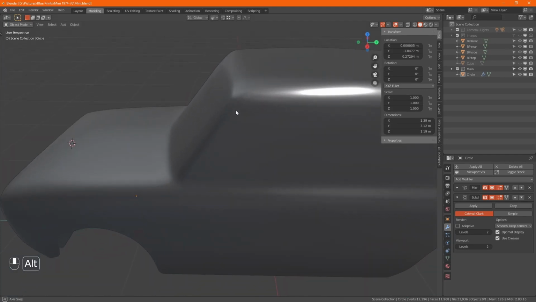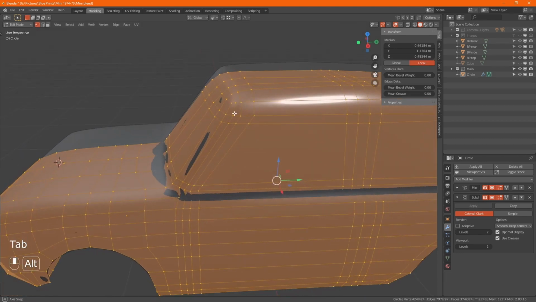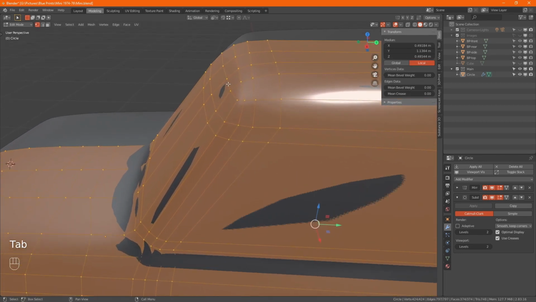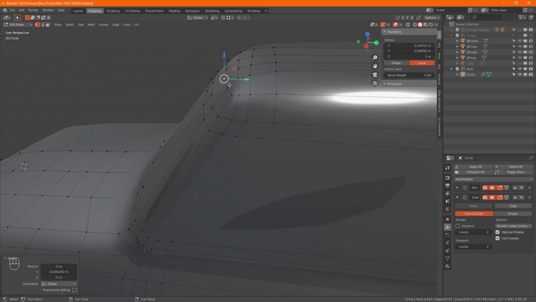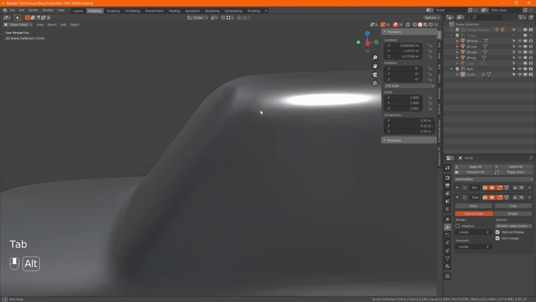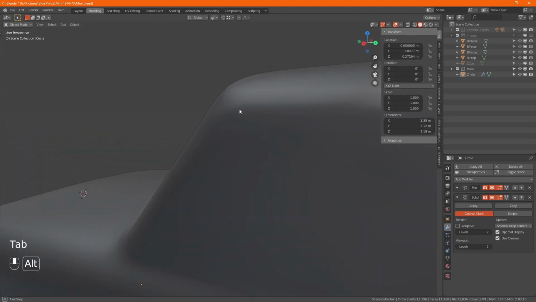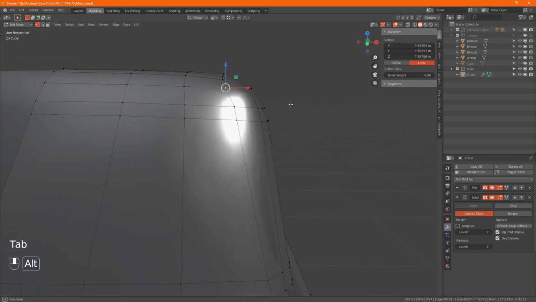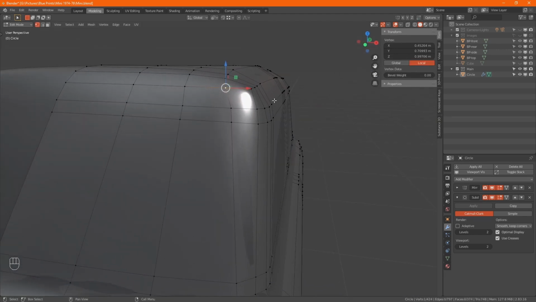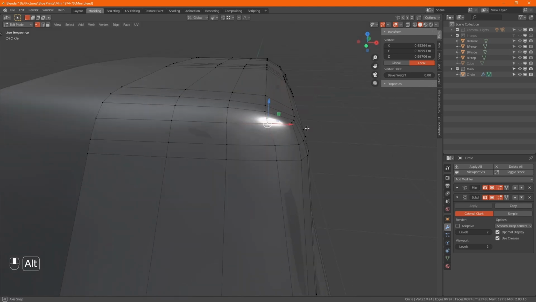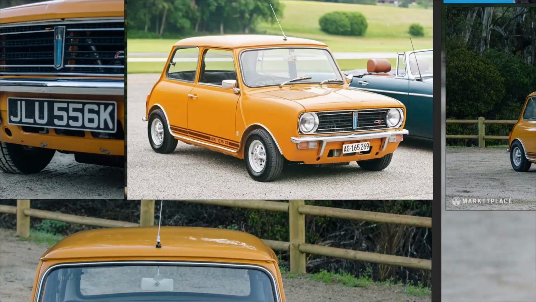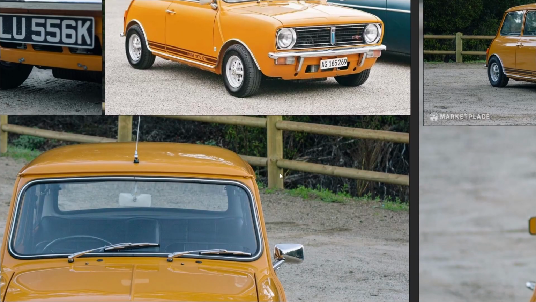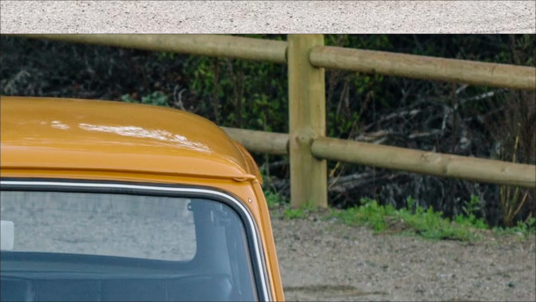Okay, so let's correct some of this shape. I think that's kind of breaking it a bit, although it's not really that tight a corner, is it?